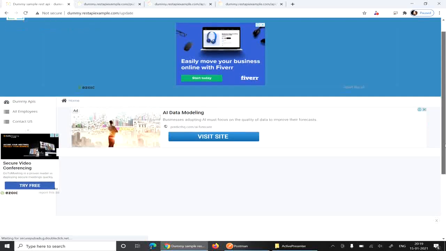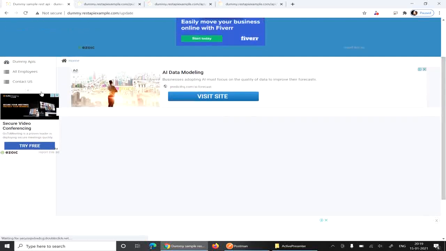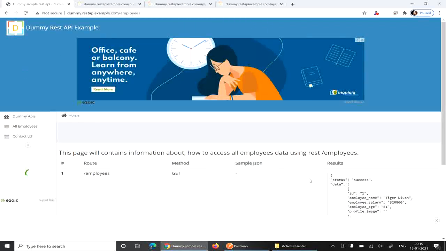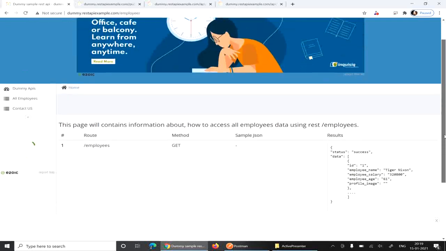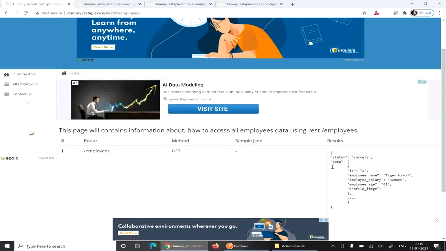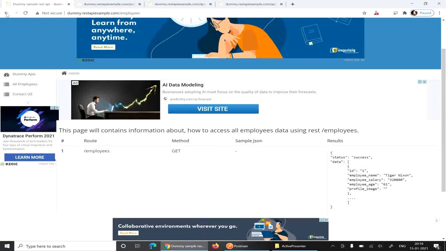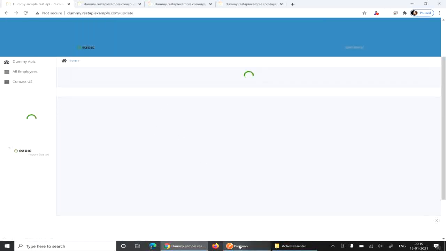I think this page is not working properly, or this is for the GET method. Okay, we will try with another method.